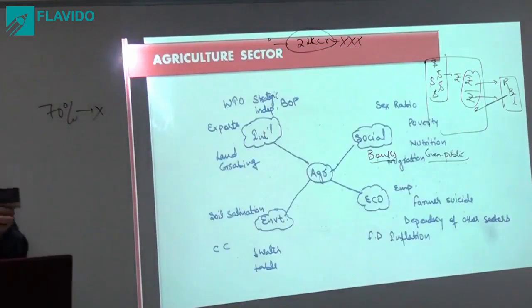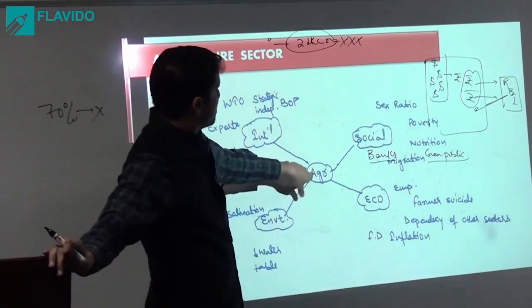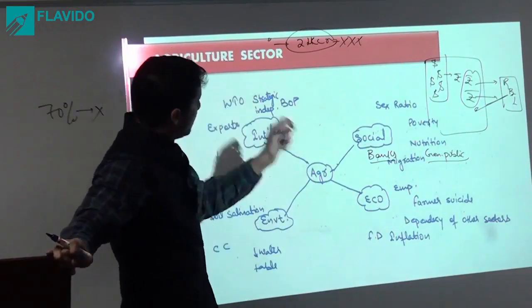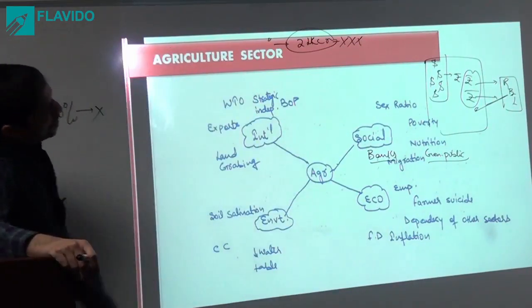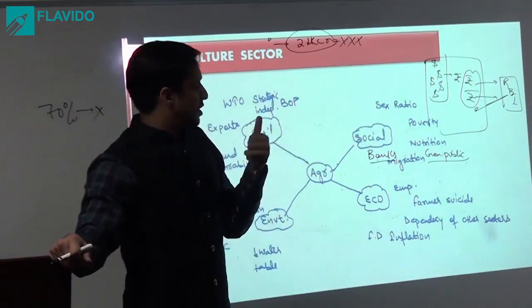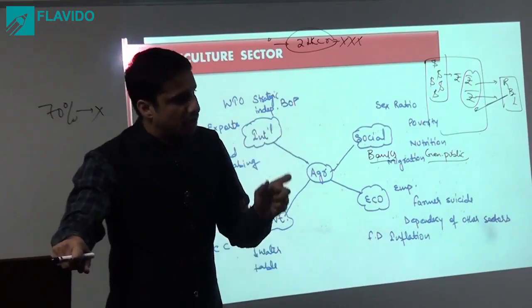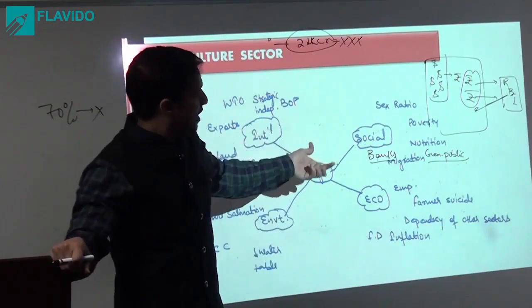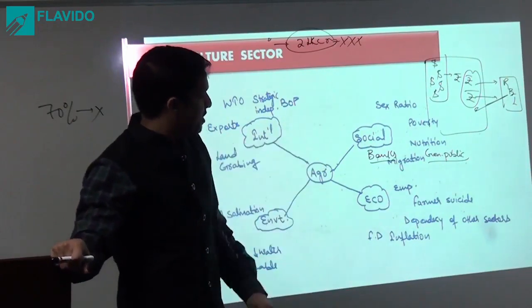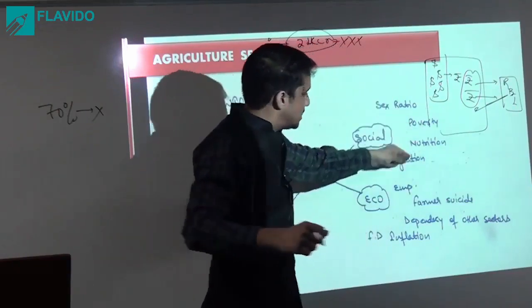Agriculture का multi-dimensional diagram था ये. कि this is how the impact of the agriculture sector on various social, economic, environmental and international issues. So social इसमें पड़ेगा sex ratio, migration is going to take place, womanization of the agriculture. Then we have the poverty. Majority of the poverty is based on the agriculture of the rural areas. The nutritional demands can be fulfilled only by the agriculture. Migration problems will be there. So all these are related to the